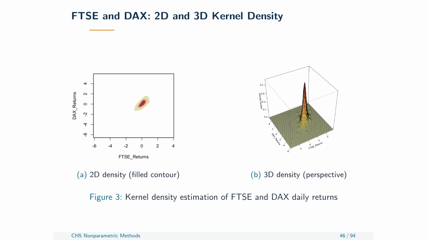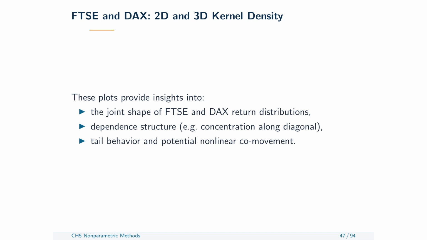Time variation poses another limitation. Pooling years of returns estimates an unconditional joint density that averages across calm and turbulent periods. Apparent heavy tails or multiple peaks may reflect changing volatility regimes rather than one stable distribution. A useful workflow therefore combines density plots with time plots and, where appropriate, estimates over subperiods or after volatility standardization. The goal is not to eliminate all dynamics before smoothing, but to be clear about which distribution the estimator is